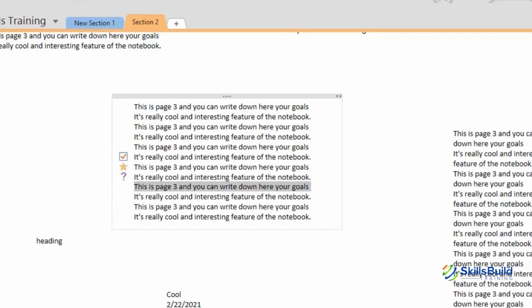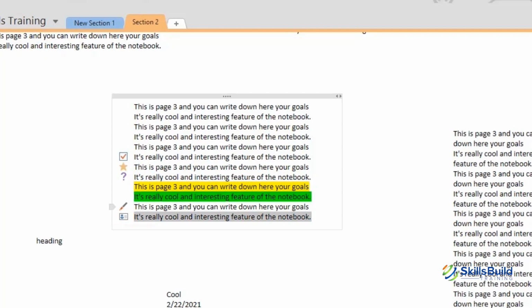If I select this line and if I press Ctrl 4, now you can see that the color of this line has been changed. If I select this line and if I press Ctrl 5, now you can see that the color of this line has changed as well. If I select this line and if I press Ctrl 6, you can see that a marker has shown itself. Now if I select this and if I press Ctrl 7, here you can see that there is a card